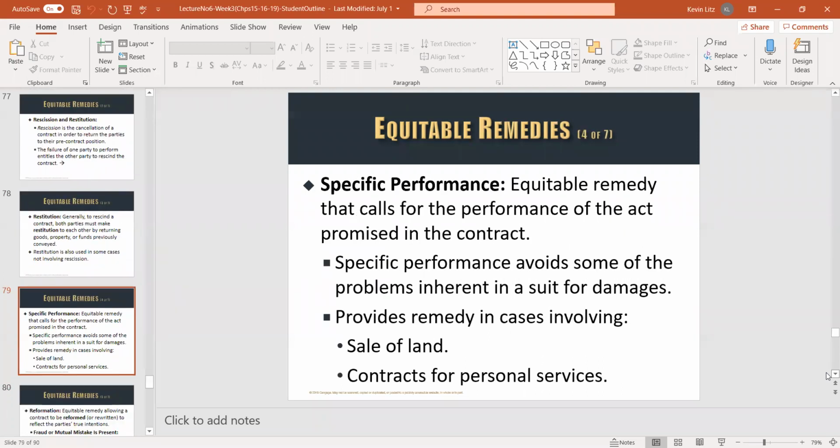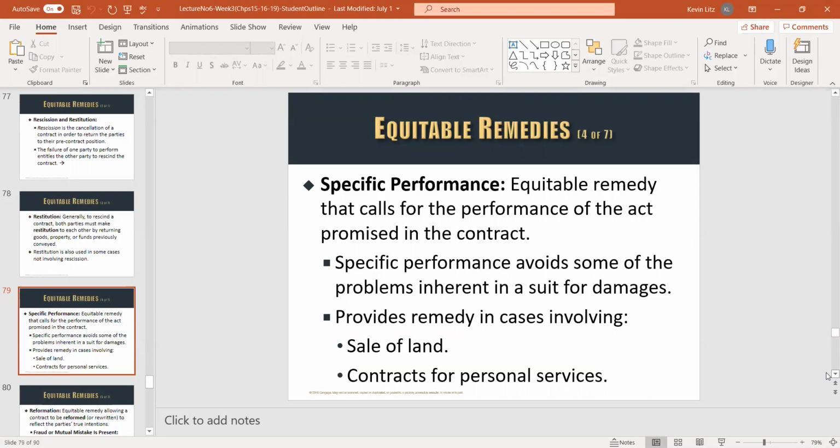Now, specific performance is when a judge, for example, might order the breaching party to perform. Let's say you had a piece of land, including mineral rights and everything, and you offered to sell it to me for $10,000 an acre. Well, let's say after we signed the written contract, the next day you found out there's oil on it. And you say, geez, I'm not going to sell it to him. It's worth more than $10,000 for me not to sell it and drill the oil. Well, I could actually go to the judge and say, force him to sell it to me for the $10,000, and the judge may well do it.